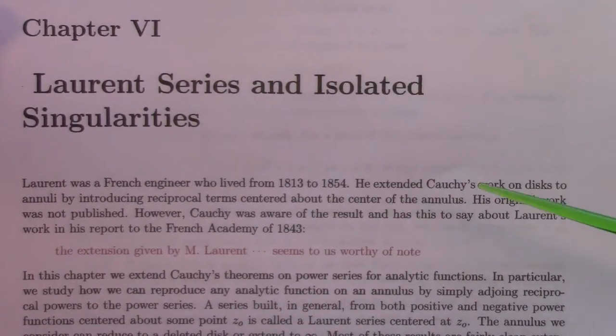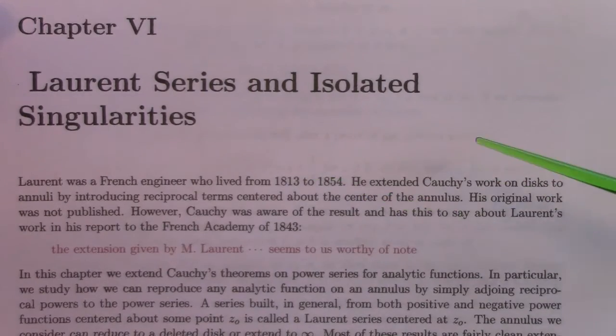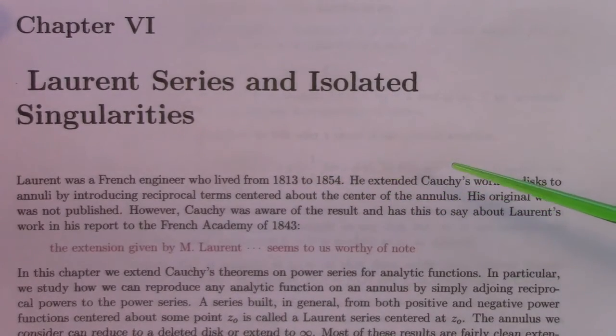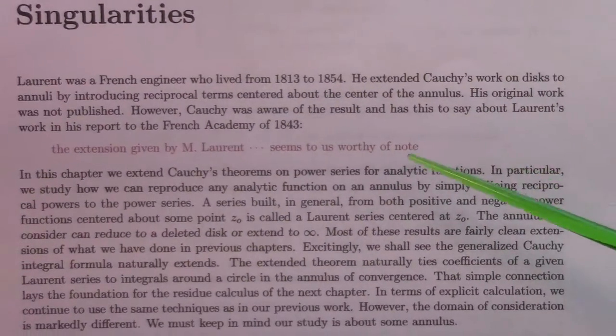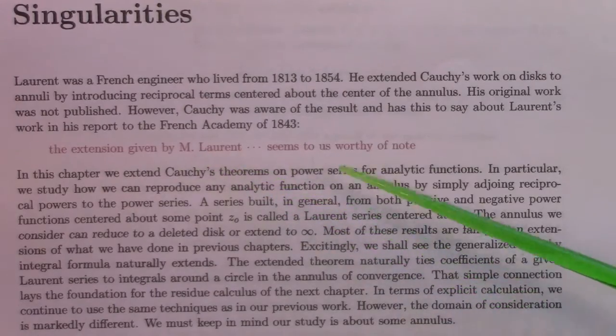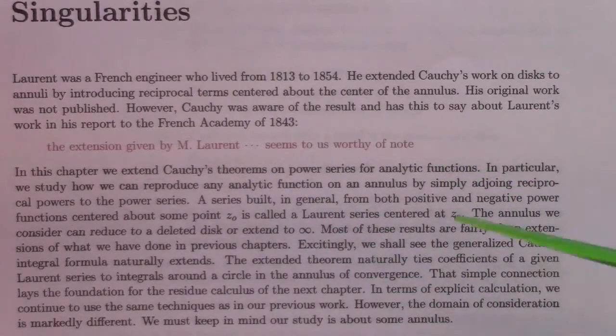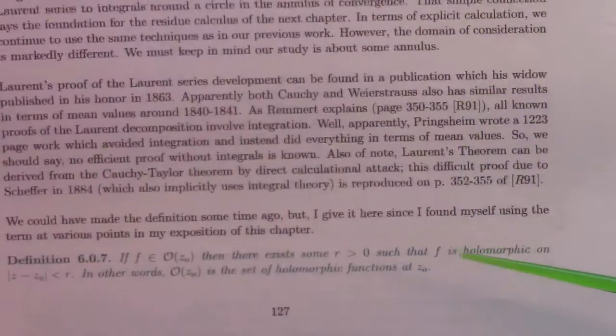So a little bit on the history, just to start with. Laurent was a French engineer. He lived 1813 to 1854. It seems like Cauchy wasn't too impressed to start with. "The extension of Laurent seems to us worthy of note." Well, apparently so. We're still talking about it. Anyway, so Laurent's proof,